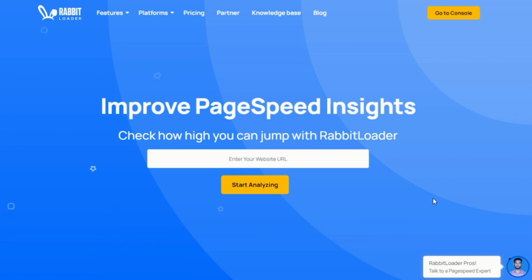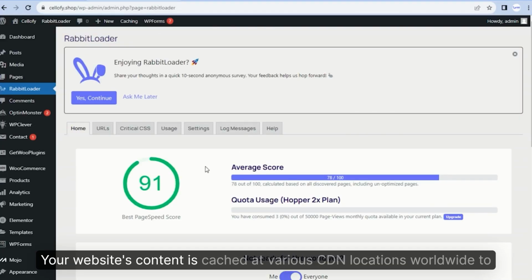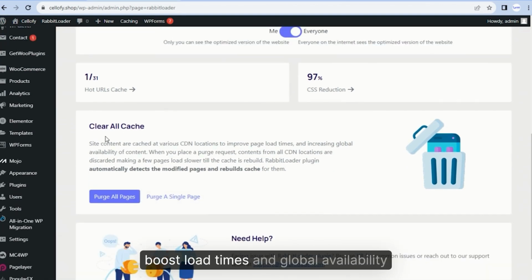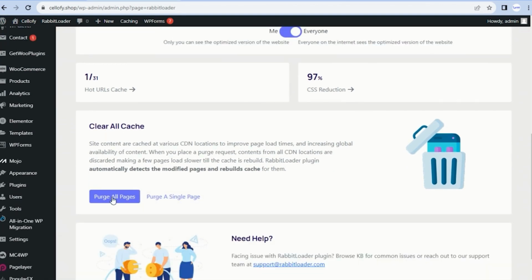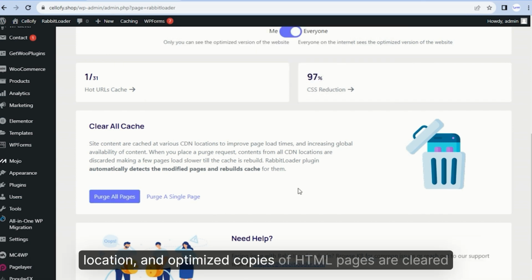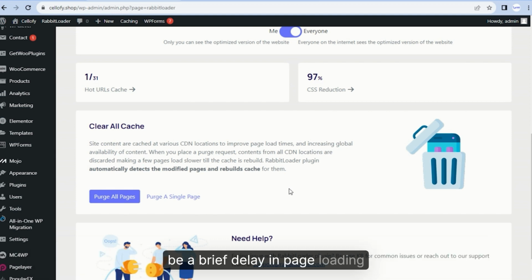Here's the lowdown. Think of cache purging like a reset button. Your website's content is cached at various CDN locations worldwide to boost load times and global availability. When you hit the purge button, everything is removed from every CDN location, and optimized copies of HTML pages are cleared. But be aware that, until everything is re-optimized and cached, there may be a brief delay in page loading